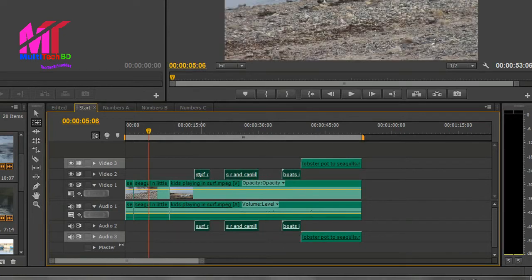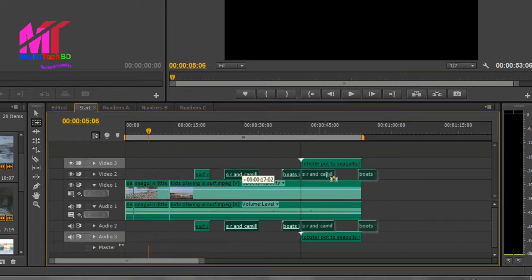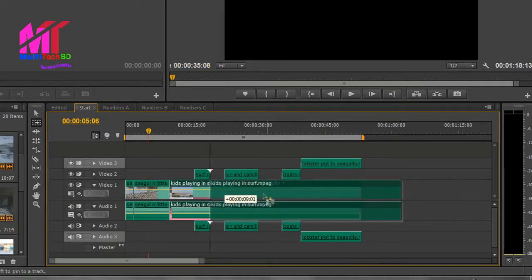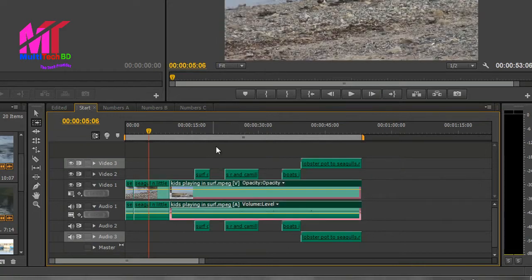If, however, I want to leave this first clip, if I click here, everything to the left is unaffected, but to the right is affected. So it's a very quick way of moving things around, moving whole tracks. If you've got hundreds of clips that you want to move all of them, and you're not too happy about marquee selection, which I'll show you in a moment, you want to have everything on a track, you can literally